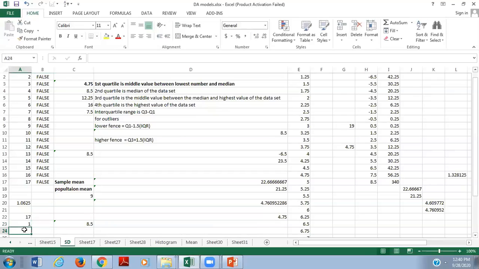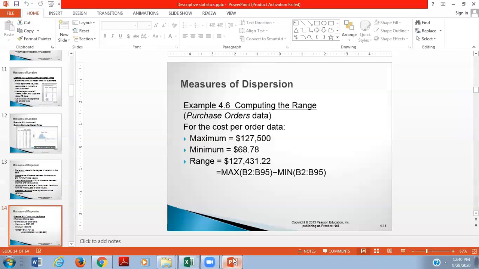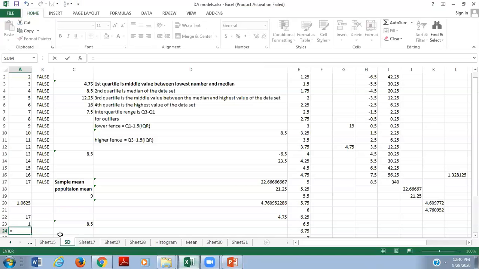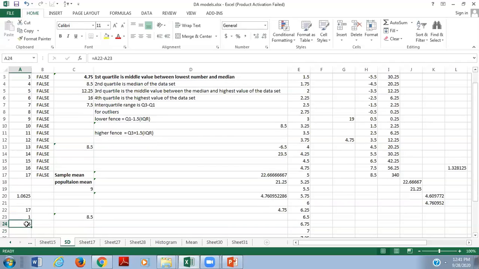So now what is the range formula? Range formula, right now I'm going to show you again on your screen. Range formula is maximum minus minimum, right? So here you calculate in the Excel sheet: maximum minus minimum. This is the calculation that we normally use in Excel sheet. Enter, the value came 16.